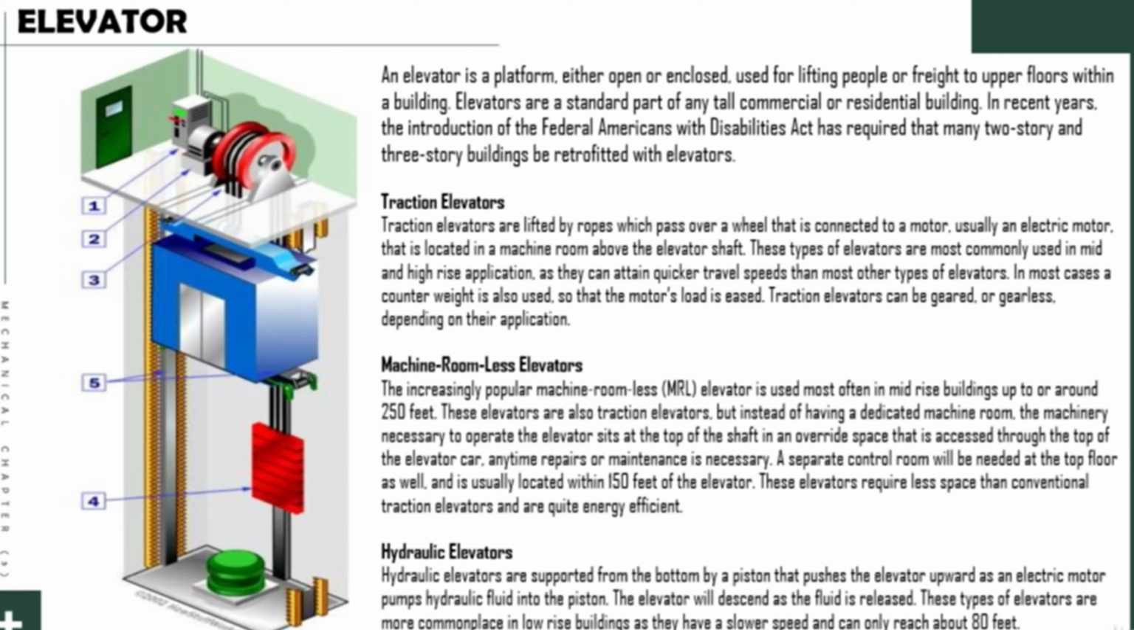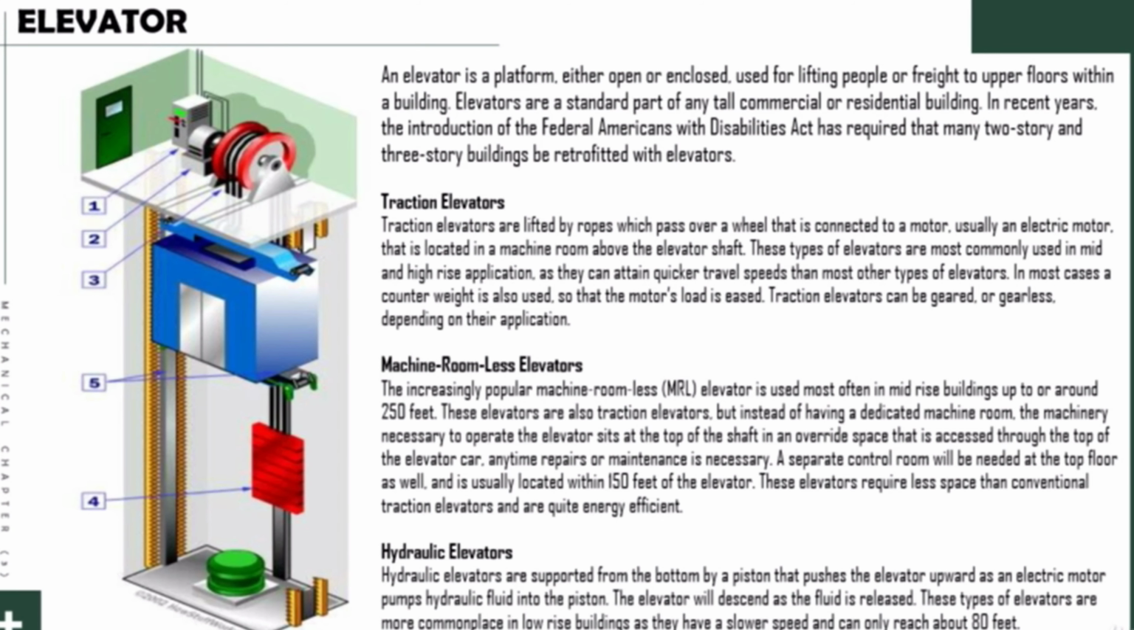Also, the third type is called the hydraulic elevators. Hydraulic elevators are supported from the bottom by a piston that pushes the elevator upward as an electrical motor pumps hydraulic fluid into the piston. The elevator descends as the fluid is released. This type of elevator is more commonplace in low-rise buildings, as they have a slower speed and can only reach